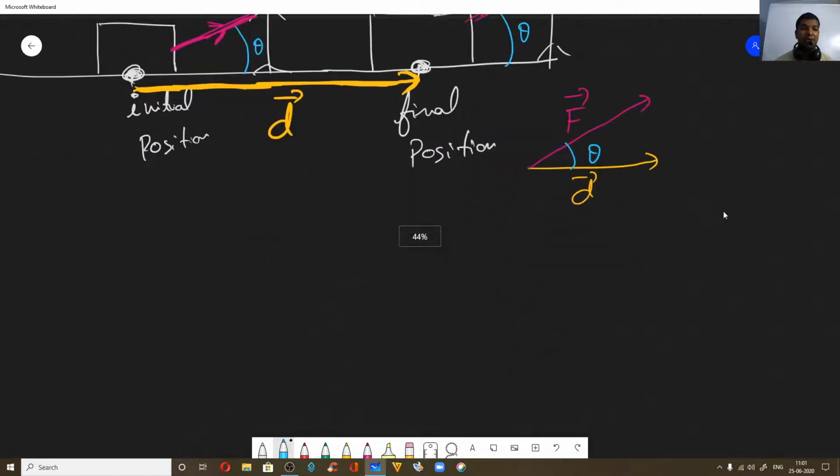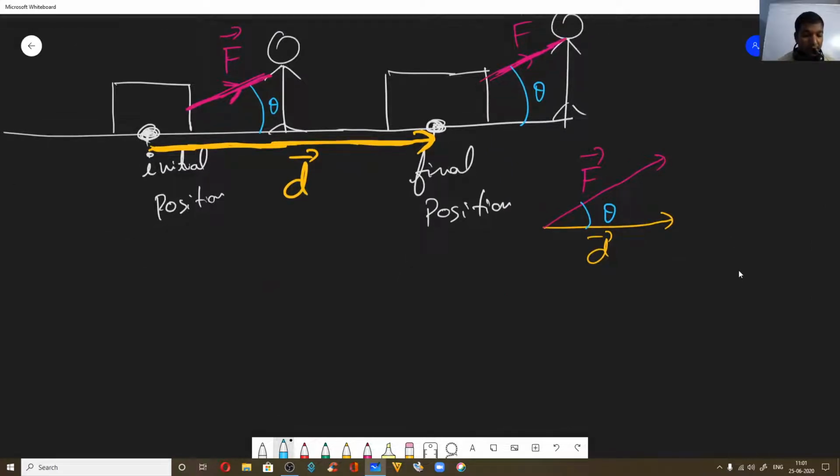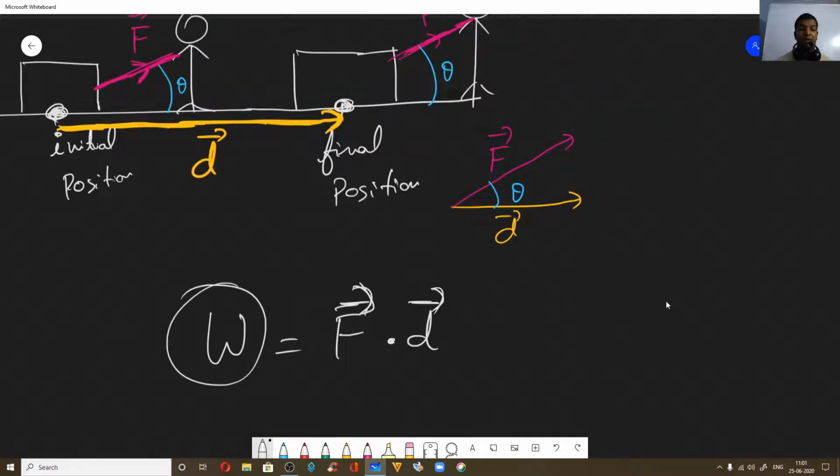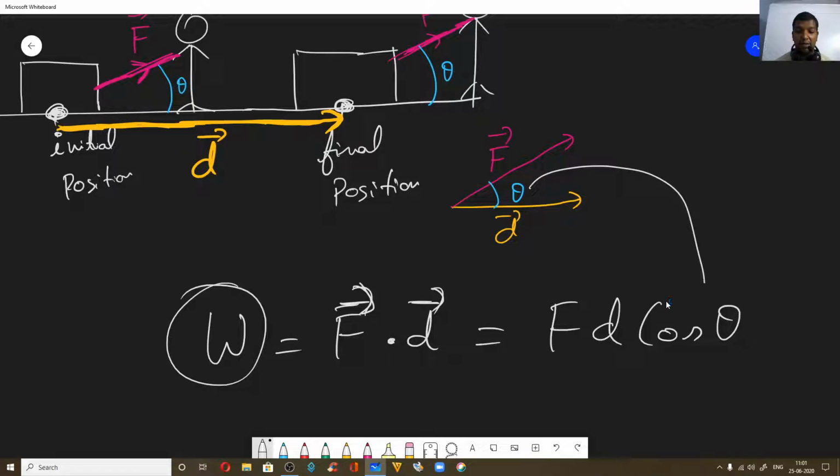It's really easy. The work done in this case, you can write it as F dot D. Remember, the end result of a dot product, or scalar product, is always a scalar, right? So that's why work done is a scalar quantity. It doesn't have anything to do with direction. So here you have understood why the result of F dot D is work done and why it is a scalar quantity. Now the work done can be given as FD cos of the angle between F and D, that is theta, the same theta we are writing here.